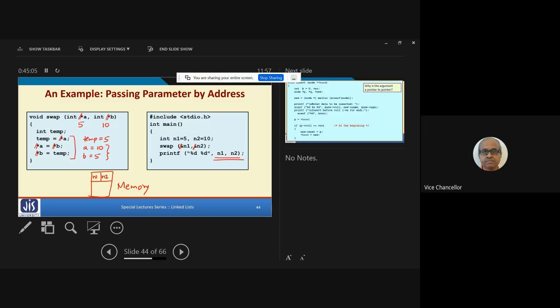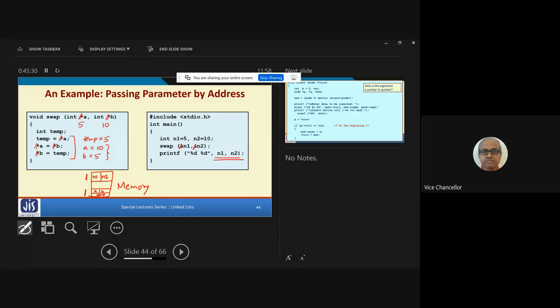Similarly, in the function, when I use a, b as parameters and also temp, a, b and temp will also be allocated memory space, but somewhere else, not in the same memory space. They will be allocated different memory addresses.